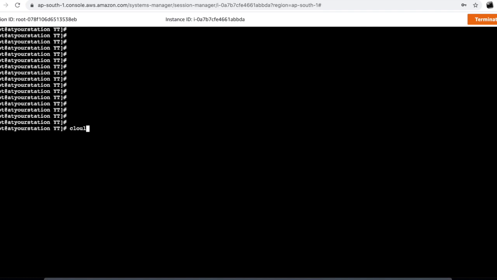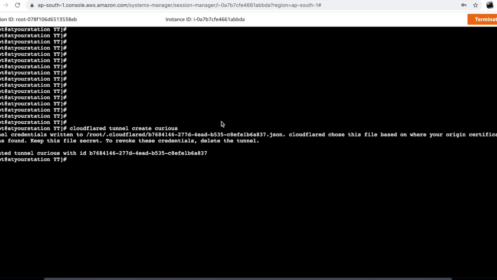cloudflared tunnel create, with the name of the tunnel. So it has downloaded this JSON file in your .cloudflared directory.